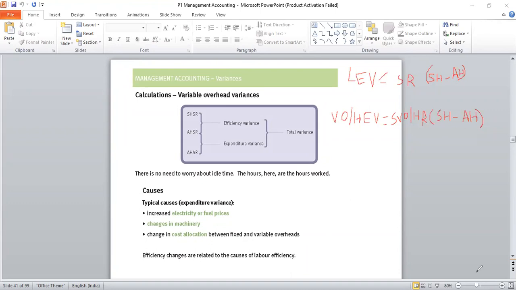What about expenditure variance? There we have it as the price variance. So the price variance can be presented as, what is the price variance? The difference between the standard price and the actual price applied at the actual quantity. So here also we have under